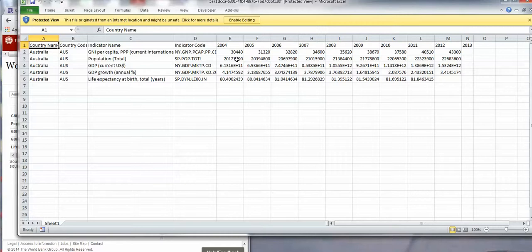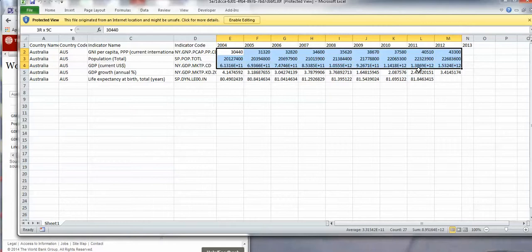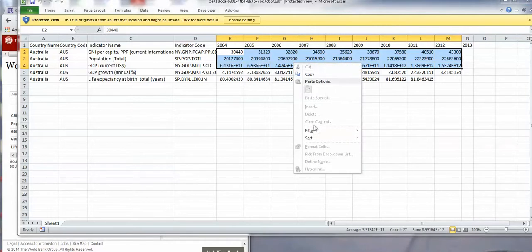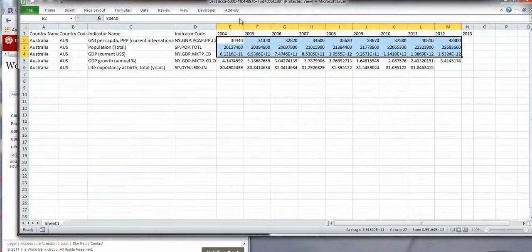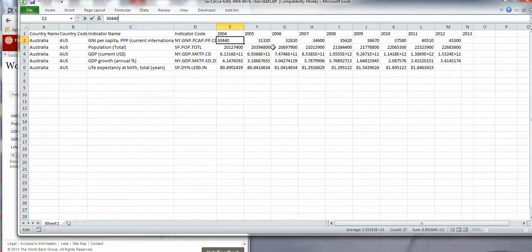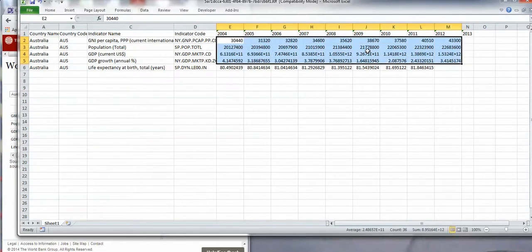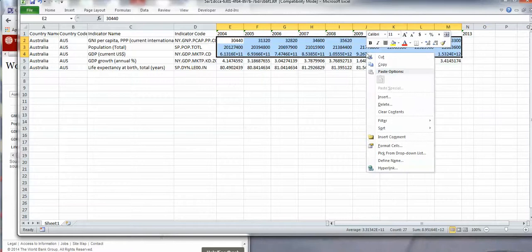But let's get the numbers in a format that we can read them. So what I'm going to do is this. I'm going to highlight these that are not percentages but are dollars. Let's see, oh, I have to enable editing. Enable editing, and then I'm going to highlight those again, and I went one too many. Okay, there we go. And I'm going to convert that to format cells,